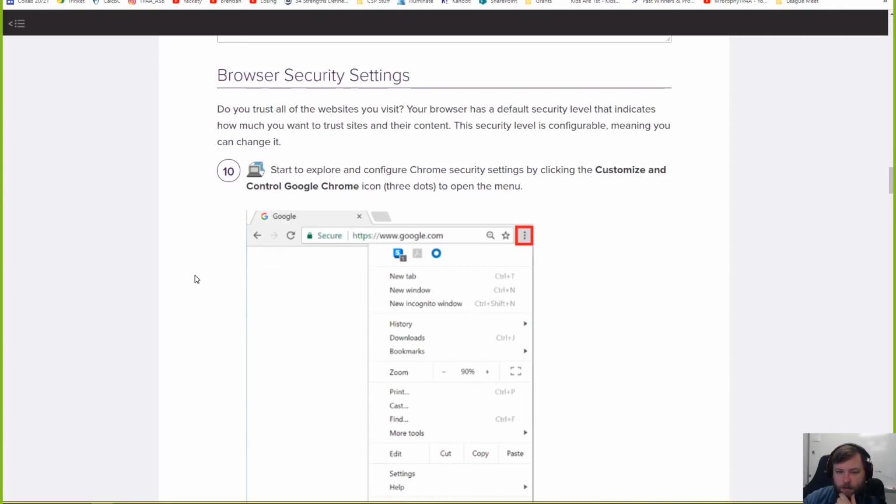Do you trust all the websites you visit? Your browser has a default security level that indicates how much you want to trust websites and your content. Did I close